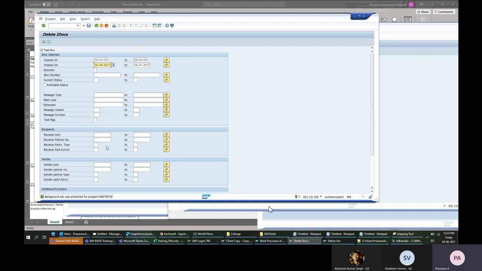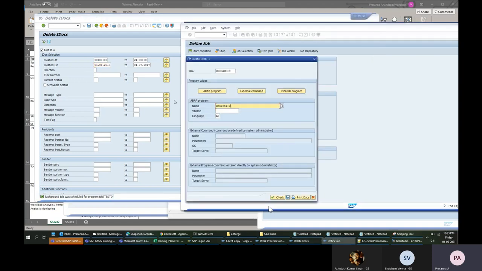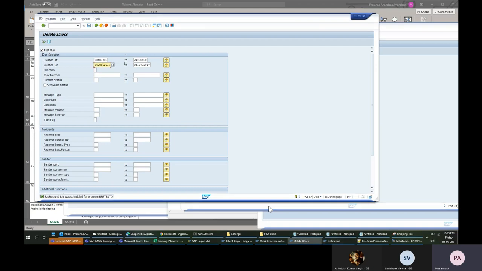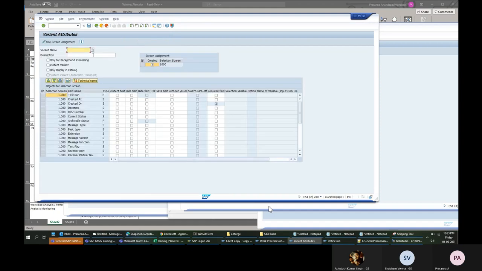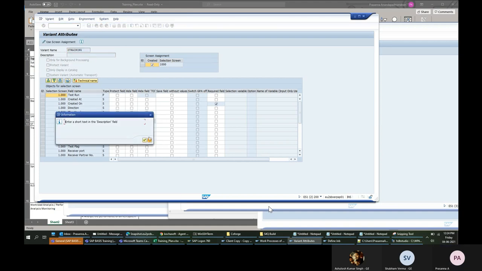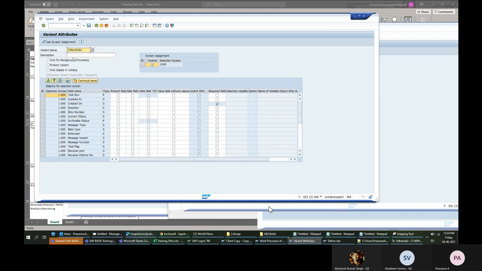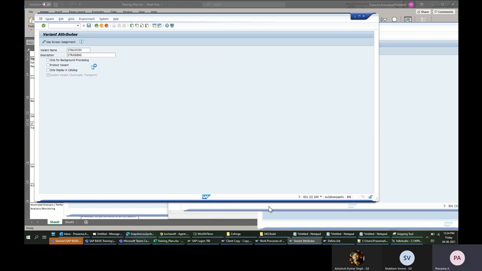I'll show you, go to the program, then variant. I'm saving this as a variant, Z training, whatever input I gave. So I give that variant name here. I think I have to go back and come again.